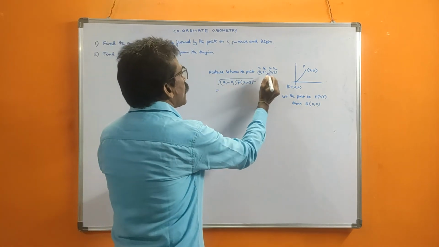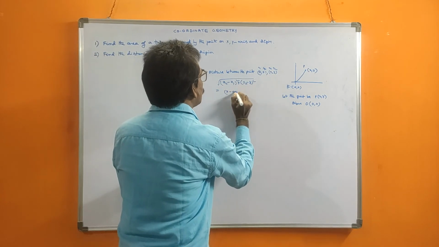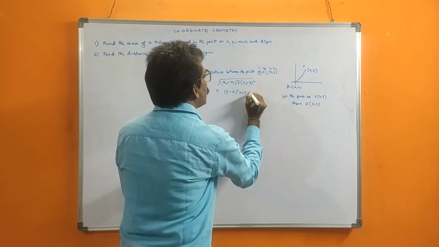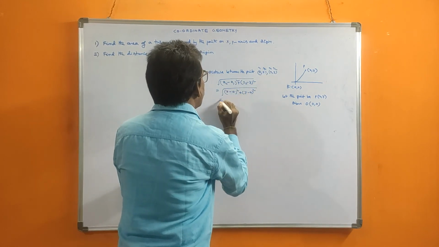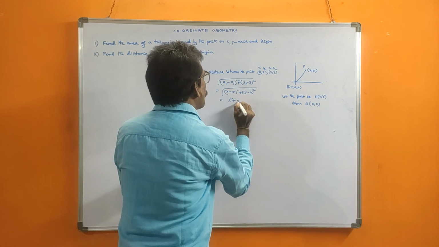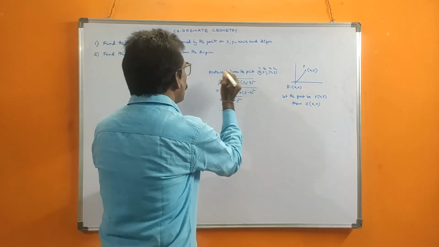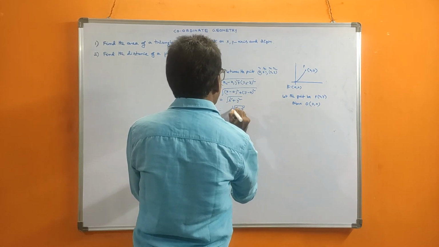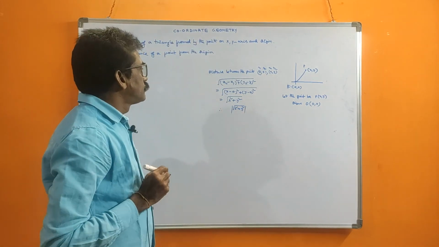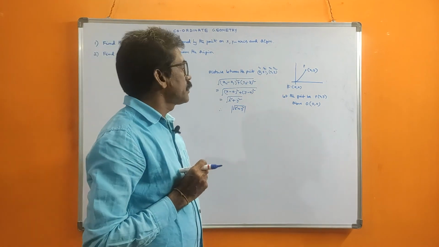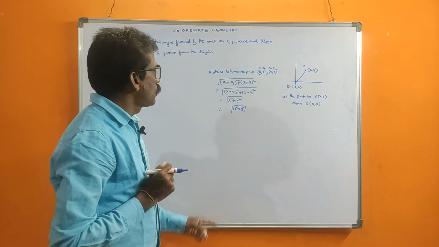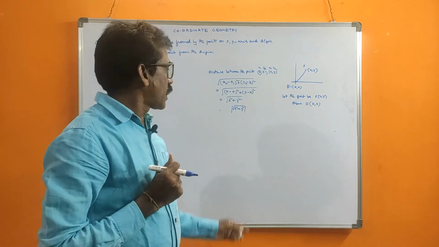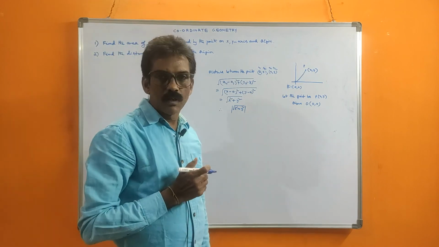In this you substitute. x2 is x, minus x1 is 0, plus y2 is y minus y1 is 0 whole square root. Here only x square, here only y square, root is there. Therefore the distance is what? Root of x square plus y square. Because the distance is always positive. So whenever we want the distance between any point and the origin, it is root of x square plus y square, you write.